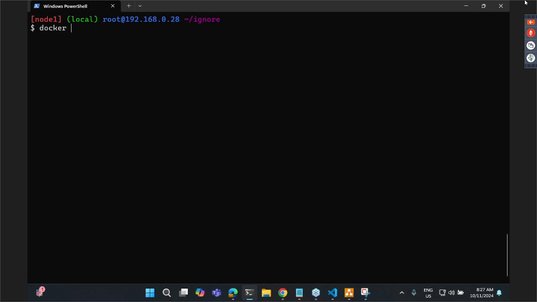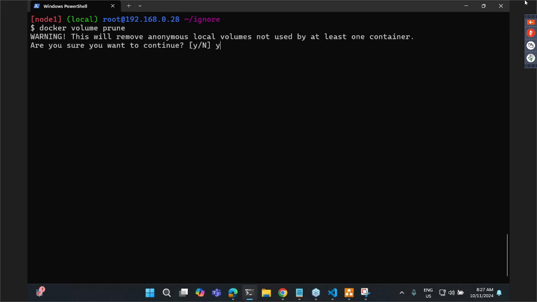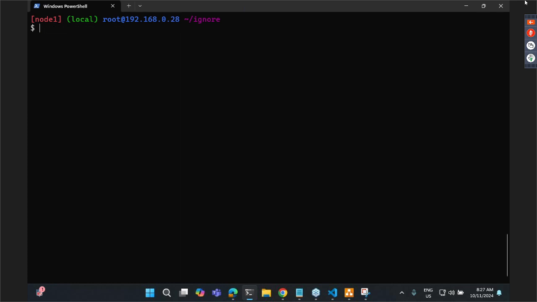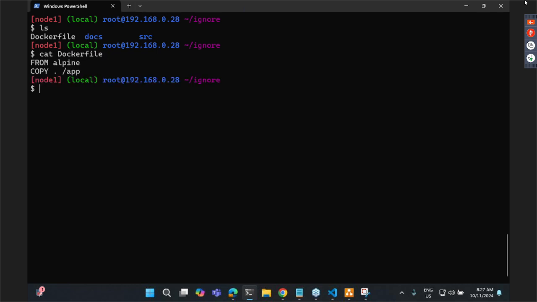Okay. Docker volume prune. This will remove all the unused images, all the unused volumes. Now, if you try to look into it, I have this, and to recollect, this was our Docker. Okay. Now, docker image build -t